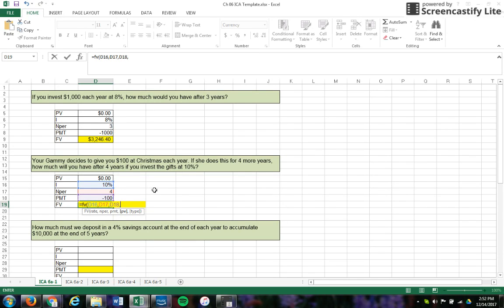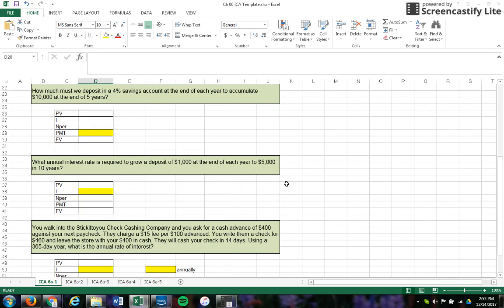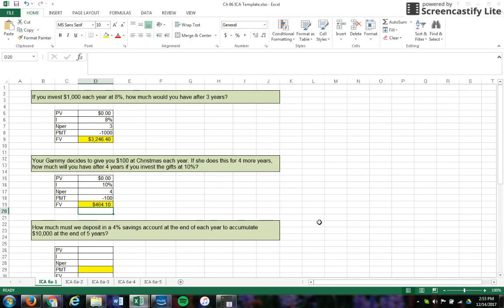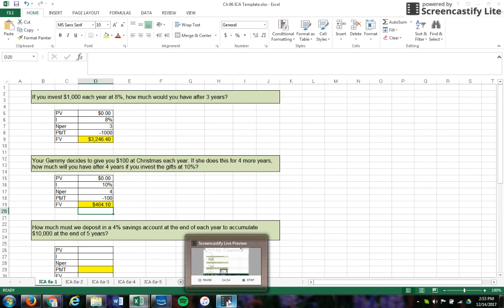You don't have to include 0. If you want to, you can plug it in there. It doesn't matter. It will calculate it the same way. Once we have those, we can hit enter, and we see that we have a future value of $464.10. Why don't you go ahead and work on the rest of these here and see what you come up with. The answer keys are given to you